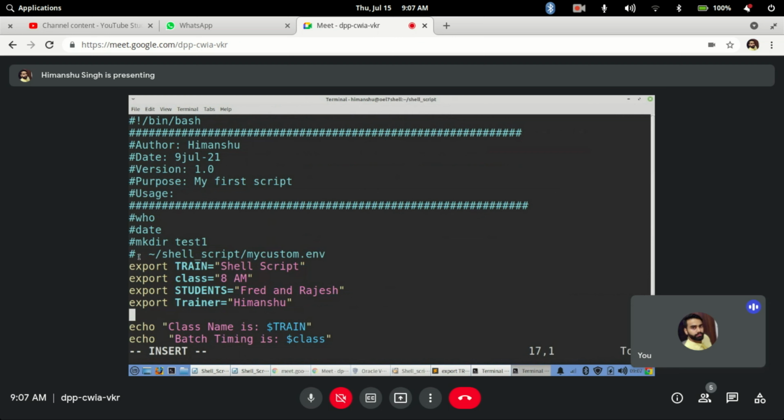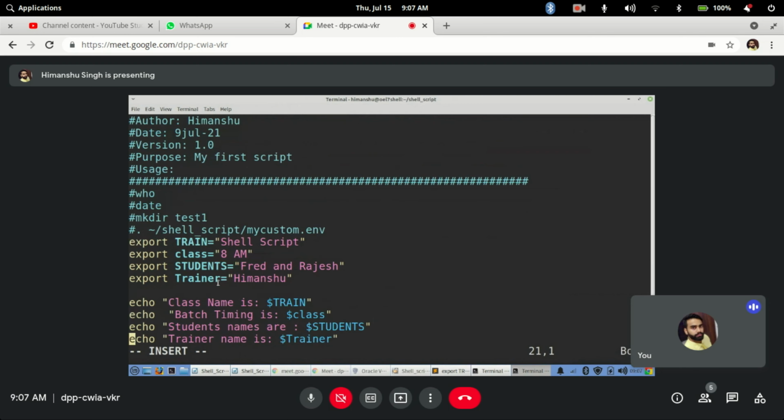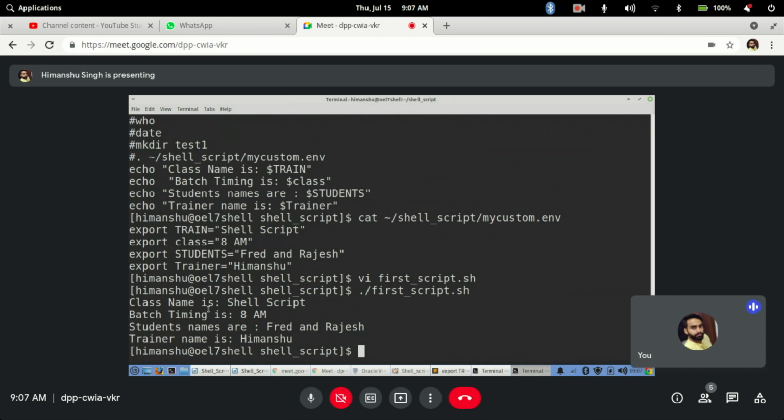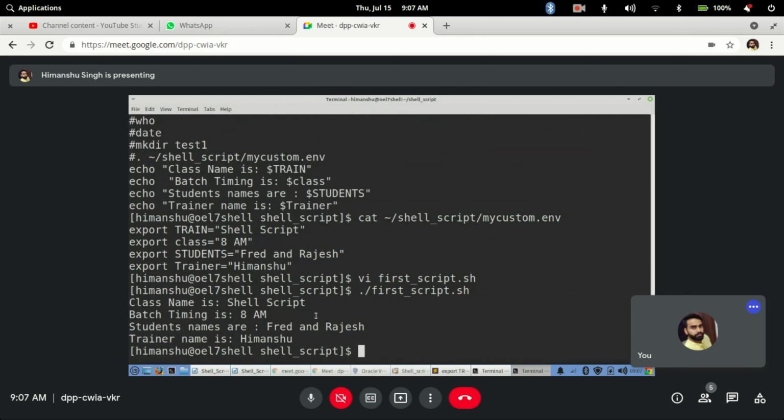You don't need a separate file for the variables, but as a good practice we use one so that we know where the variables are, and from one place I can pull all of them. But if you don't want to maintain multiple files, you can define the variables in the same script and simply run it. Then you don't need to worry whether that custom file is there or not. It will print directly. Got it? It totally depends on how you want to use them.